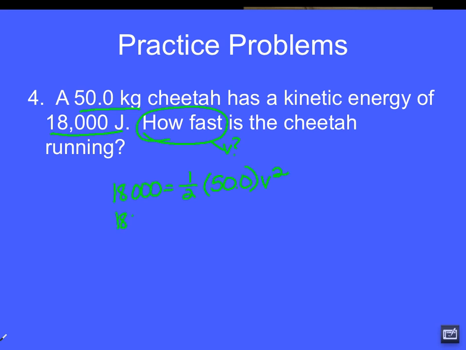So I have 18,000 equals 25 V squared. Divide both sides by 25, and I get 720 equals V squared. Now that looks really great, but that's not what I'm solving for. I need to now take the square root of both sides in order to solve for V. So I know that V is going to be the square root of 720, which on my calculator comes up to